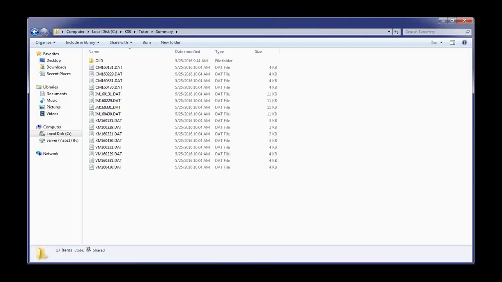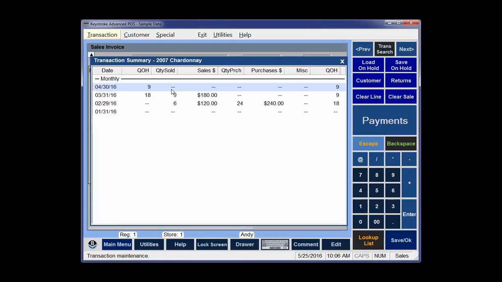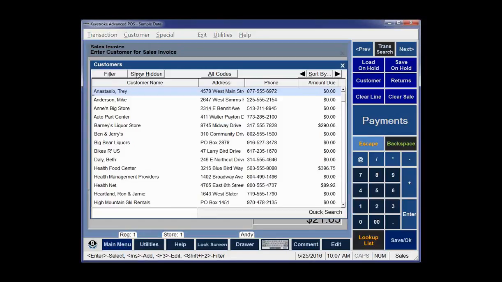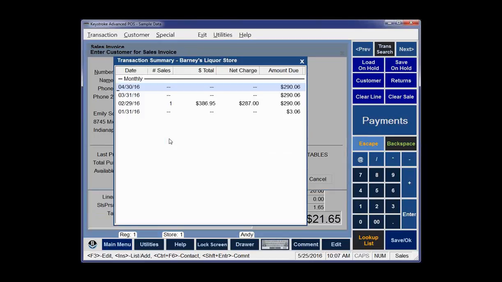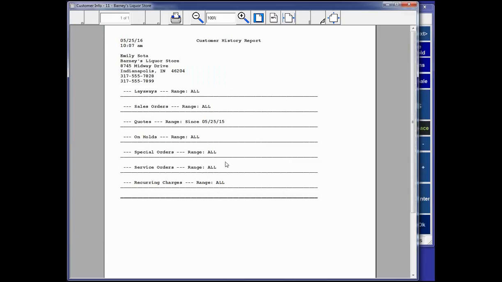Now, don't get confused between summarize history, that's right here where I hit Control F5, and customer history. So if I hit Control F5 here, that's the summary data. Those are the files out in that summary subdirectory we're looking at. If I click on this show history, it's going back through the transaction files and calculating what history Barney's Liquor